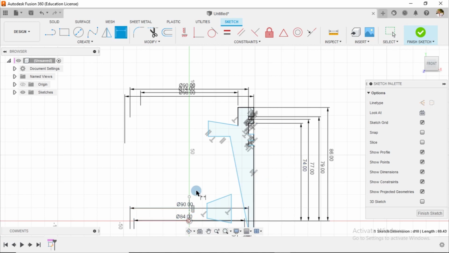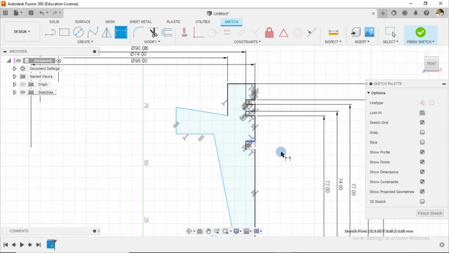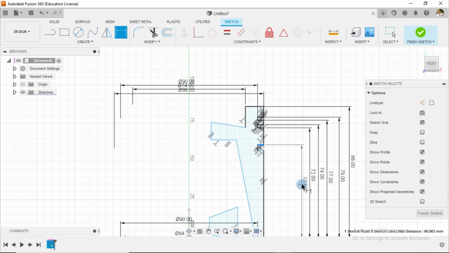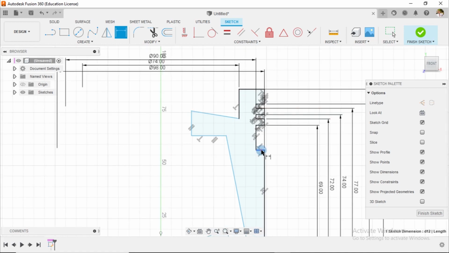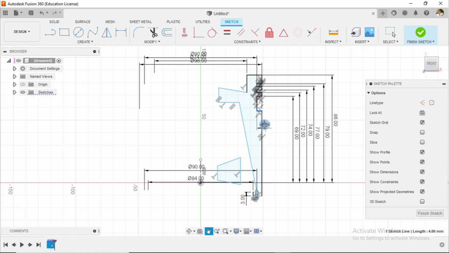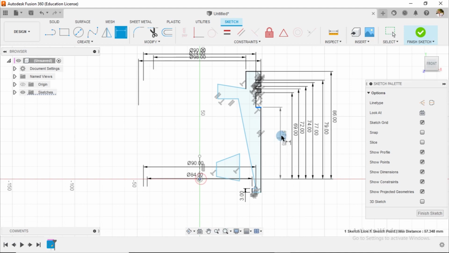The origin point to this, 72. The origin point again to this line, we have this to be 69, and from this origin point to this point, we have it to be